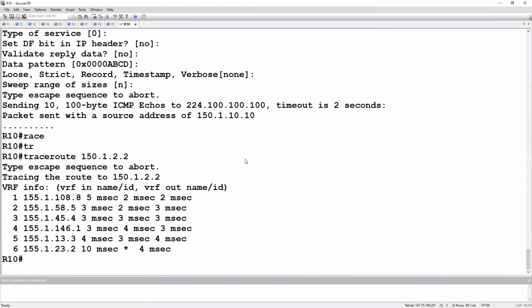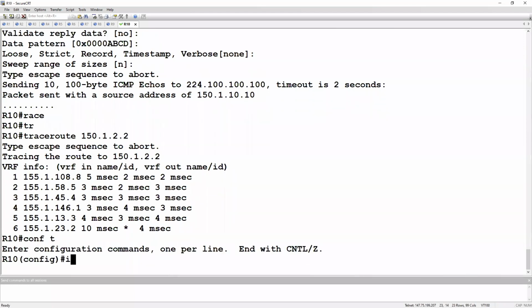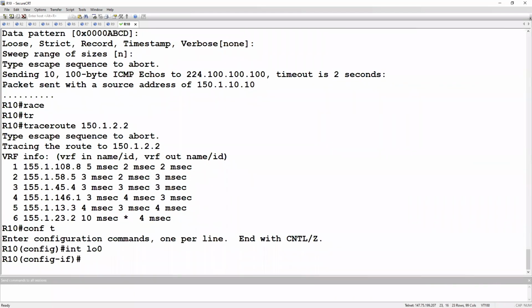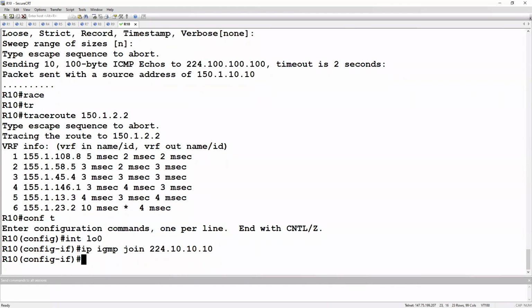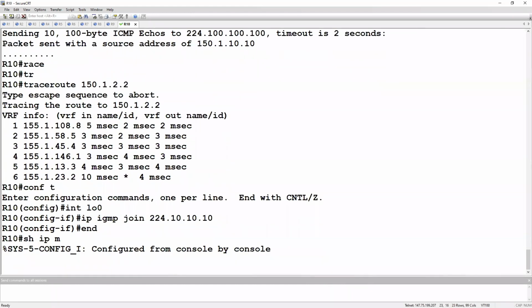Okay, so now we're going to go to router 10. We're going to go to global config. We're going to go to interface loopback 0, and we're going to say ip igmp join 224.10.10.10. Okay, if we look at the show ip mroute for 224.10.10.10,